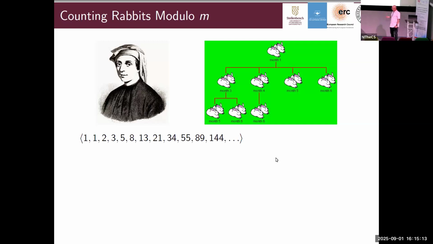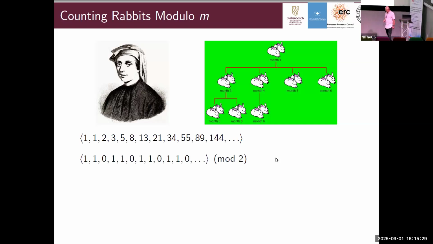So it starts with the first pair. After month 1, it's still that first pair. After month 2, it becomes 2 pairs because it's the initial pair plus the pair that mated, and then the pair that has babies, and then it keeps on going like that. It fulfills that recurrence. Now this sequence, interestingly enough, it has a 0. You can say, what do you mean it has a 0? It's always positive. It's true, but